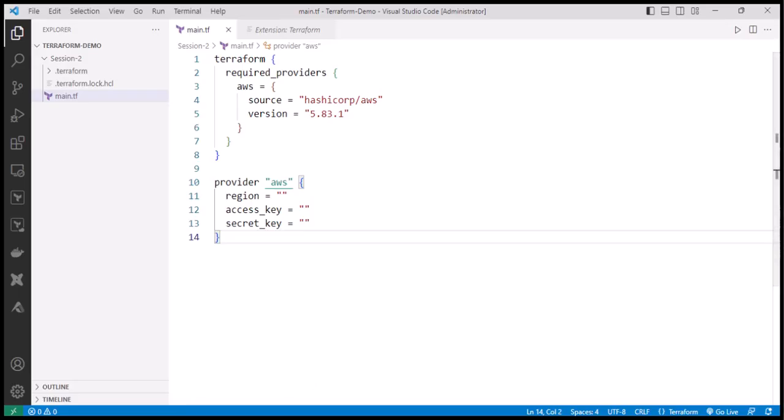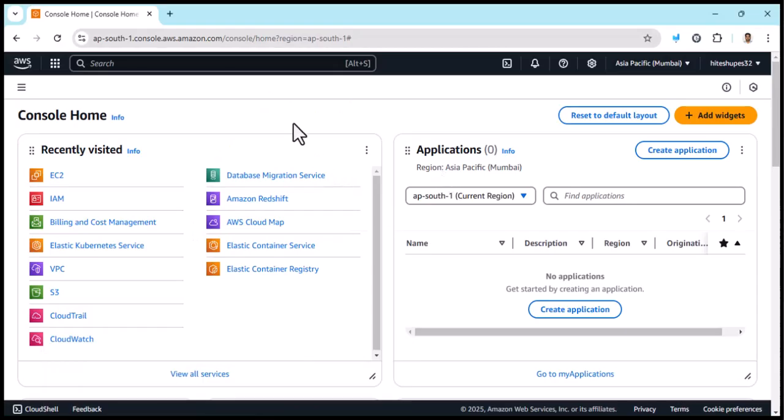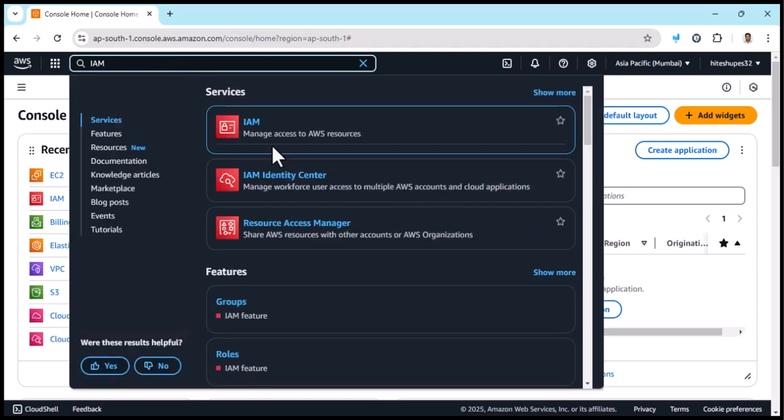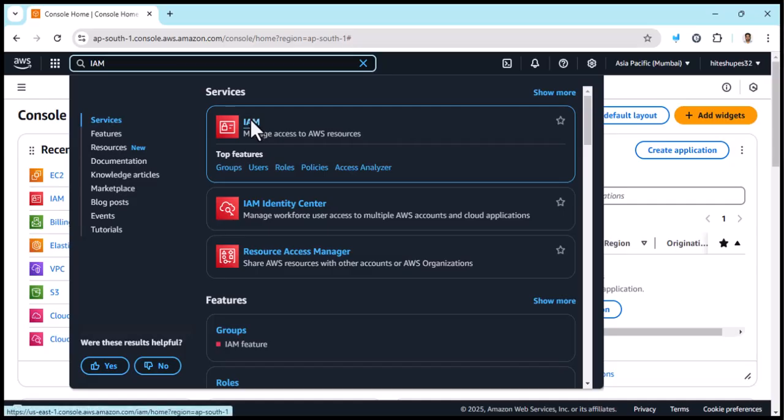Great. So now we are going to go to an AWS account. So this is my AWS account. Here what you need to do, you will have this option here also, but the standard way is to search IAM here in this search box, and you will find an IAM service here. Go there,